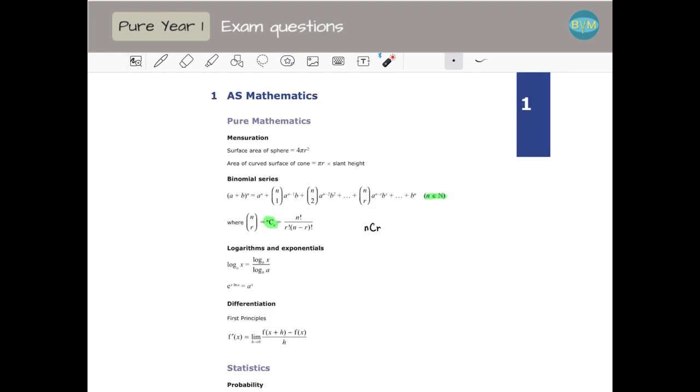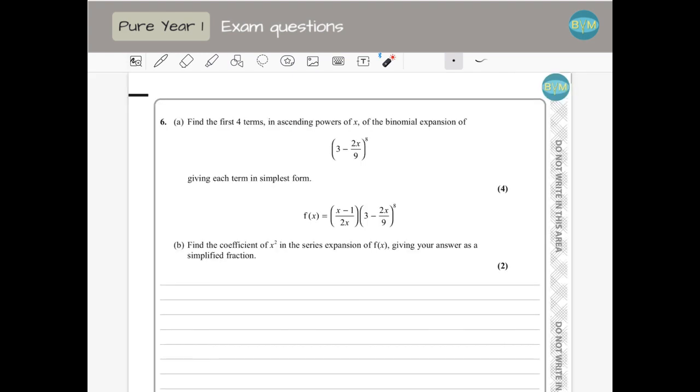This is your formula booklet, and this is the expansion when n is a natural number. That is what you have in year 12, so for your AS level. You have a different formula for your year 13 questions when this is a fraction or a negative number. But now what we are going to do is,